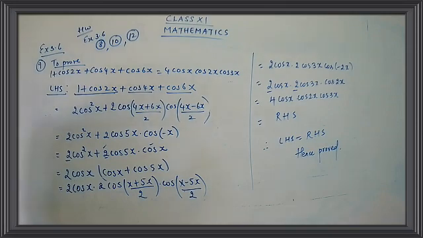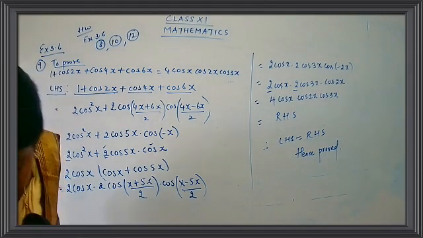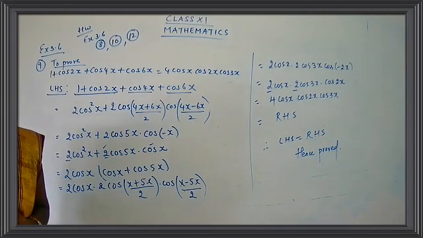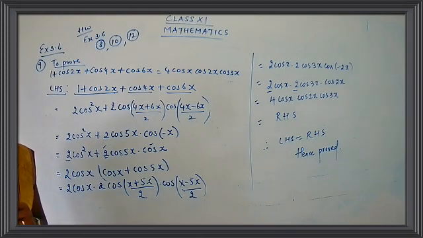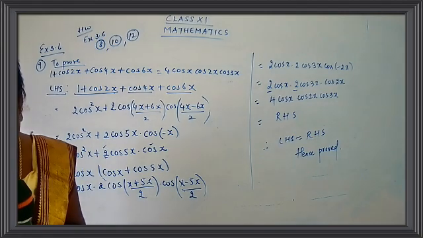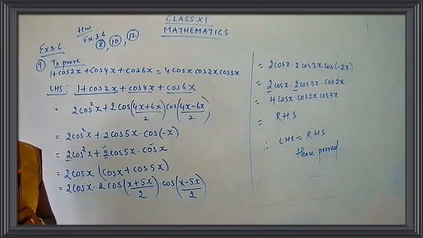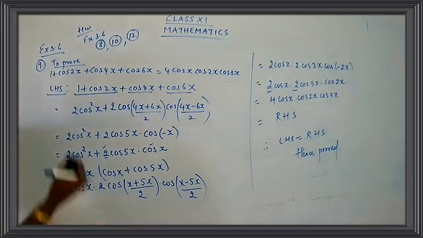Now let's take on the 11th sum. Come on, children, take down the 11th question. Prove that cos of (30 minus a) cos (30 plus a) plus cos (45 minus a) cos (45 plus a) is equal to (cos 2a plus 1) by 4. This is what you have to prove. Okay. Shall we start with the answer? Write down the question.